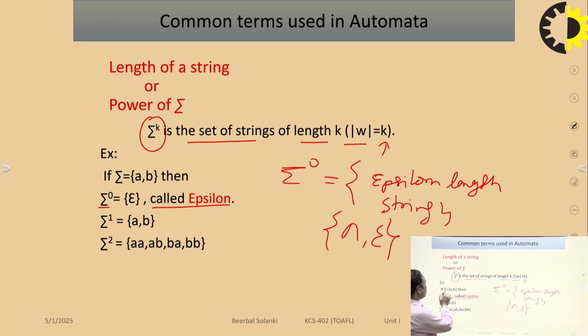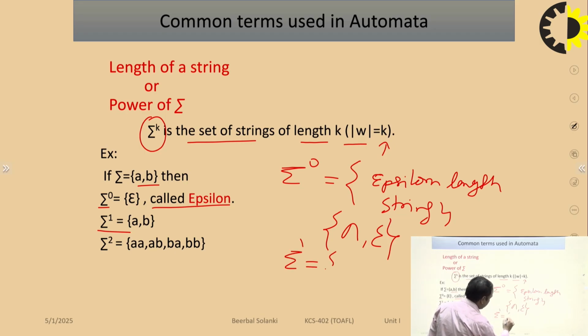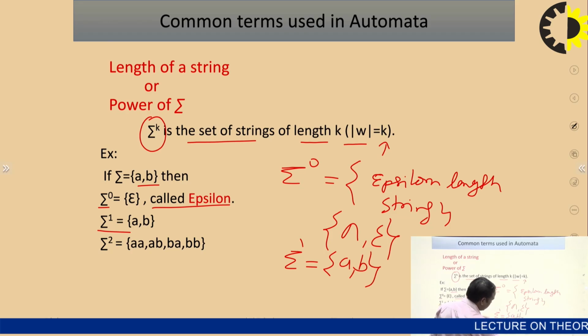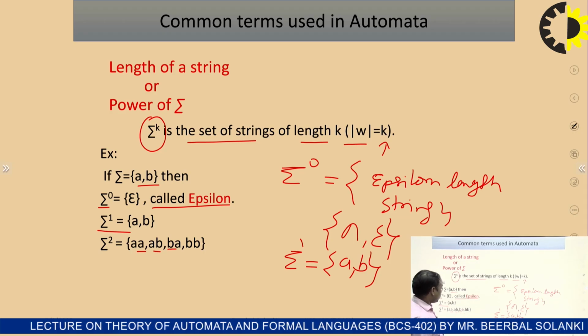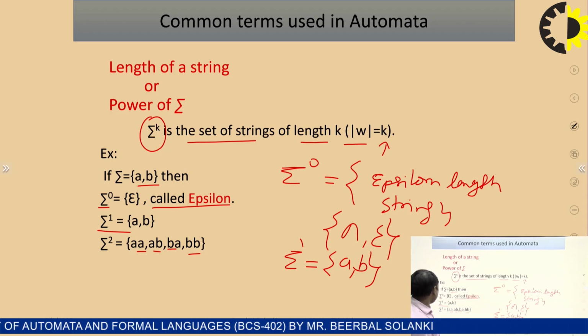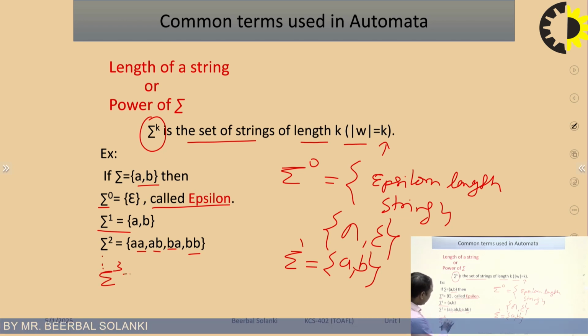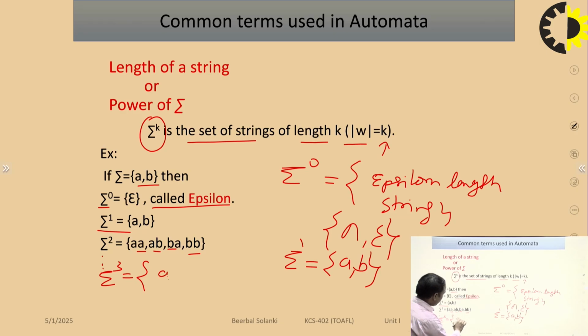And then if sigma equals {a, b}, then for length 1, sigma^1 is either A or B. For length 2, sigma^2 can be written as AA, AB, BA, BB. And if the length is 3, then it can be written as AAA, BBB,